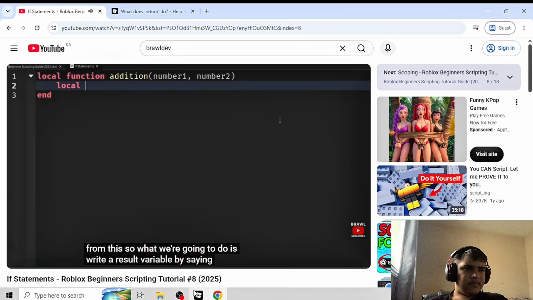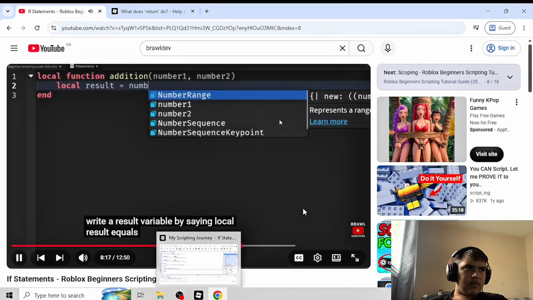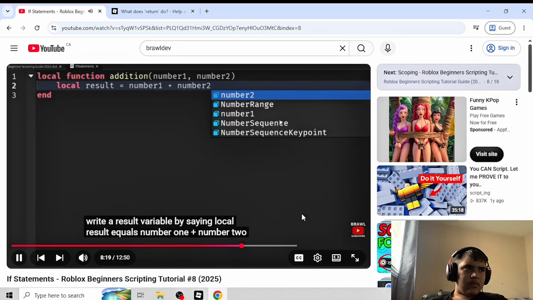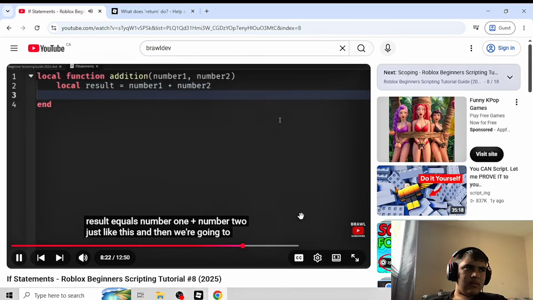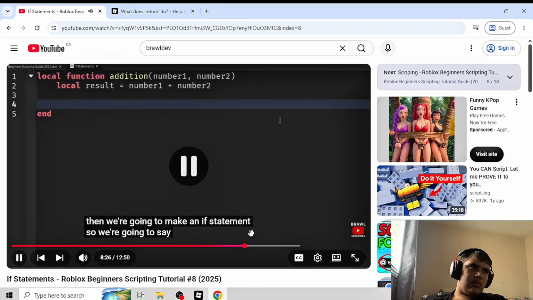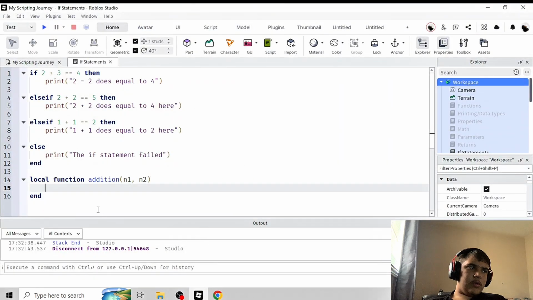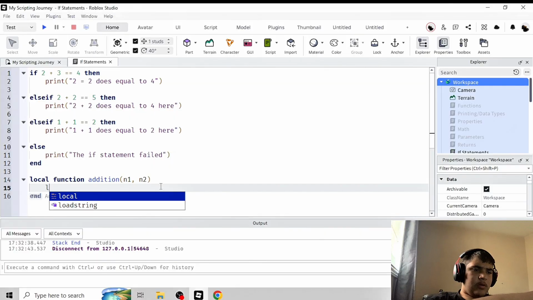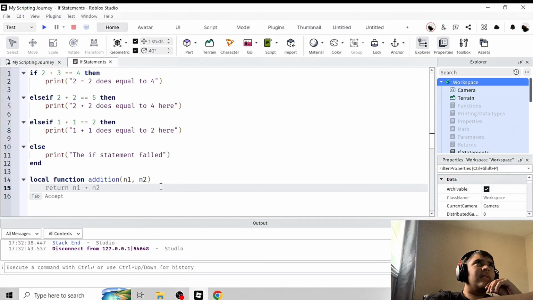Write a result variable by saying local result equals number 1 plus number 2, just like this, and then we're going to drop 2 lines down here, and then we're going to make an if statement. So we're going to say local function addition n1 comma n2, and another variable, local result equals